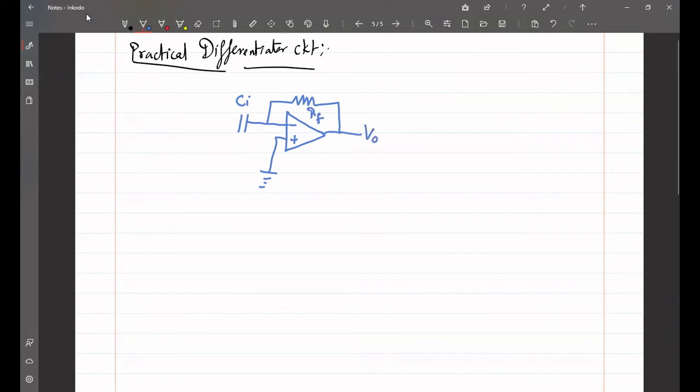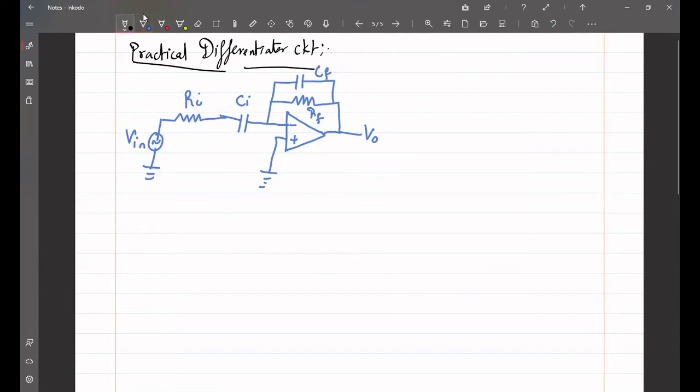Okay, and then in order to suppress the gain within the limit, what we are going to do is add a resistance so that the input impedance value is maintained. So I'm going to add an input resistance. And the input signal will be given here like this. So this is Vin. And to improve the stability of the frequency response of the system, I'm going to add a capacitor CF in the feedback side.